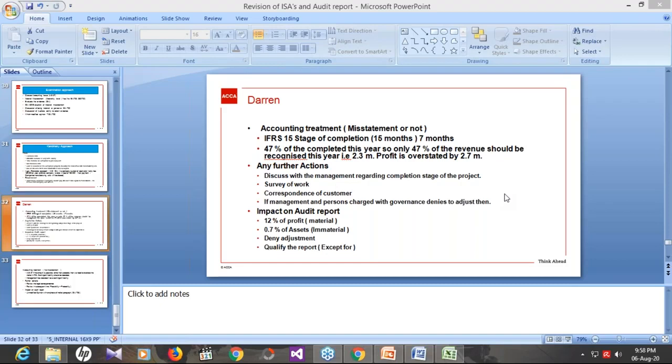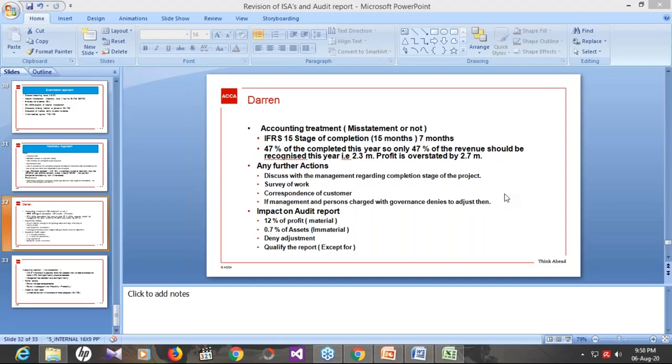Can you explain the other matter and other information paragraph? Yes, this is another important question by Saida Naqvi. What is the difference between the other matter paragraph and the other information paragraph? The other matter paragraph includes only those things that are relevant to the understanding of the audit report. That is, what is the context of the audit report, is there any limiting factor, or any limit on the use of the audit report, or the scope of the audit that the auditor wants to explain. So this is only for the sake of understanding the audit report.